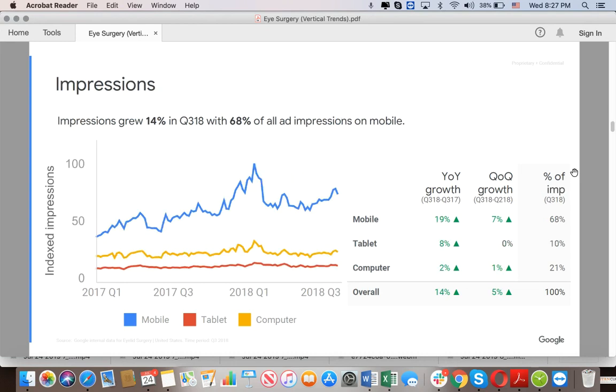Let's go to the impressions. As you see, the same as the clicks or queries, impressions are going up, and 68% in this situation are going to mobile. Desktop is not growing. It's basically telling you that most of the people who are looking for an eye surgeon